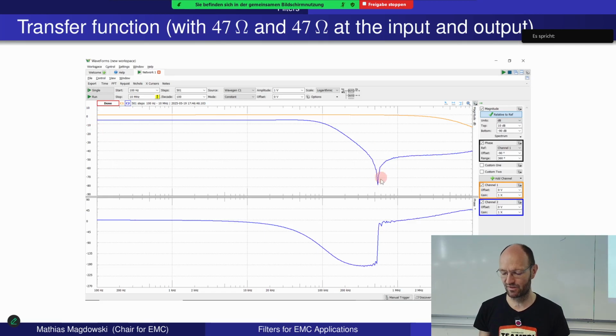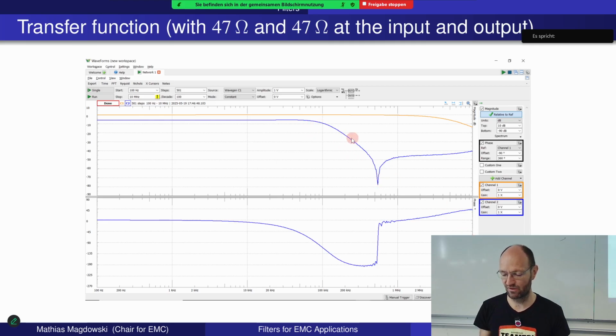In the lecture the result did not come out that nice because I think maybe some of the probe cables were not the correct ones, but here we can clearly see low pass behavior, low frequencies can get through. Here are the 100 kilohertz, then the filter starts to attenuate, and in the ideal world the attenuation would just continue to